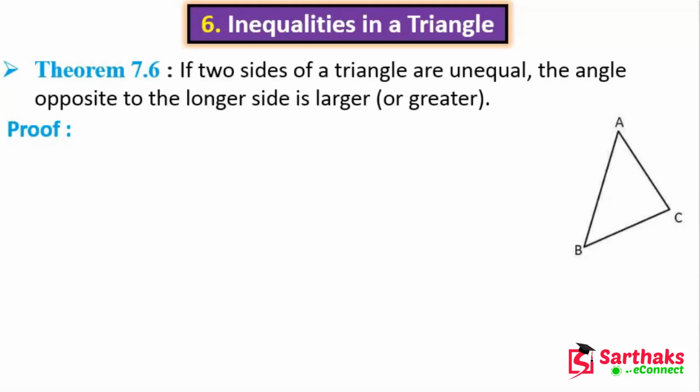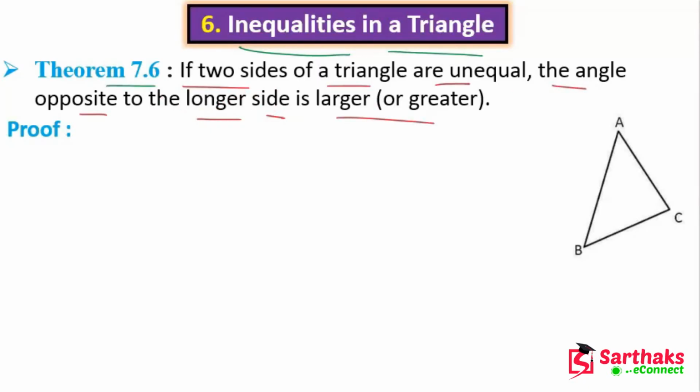Today we are going to discuss inequalities in a triangle. In this we are going to discuss theorem 7.6. Theorem 7.6 states that if two sides of a triangle are unequal, the angle opposite to the longer side is larger or